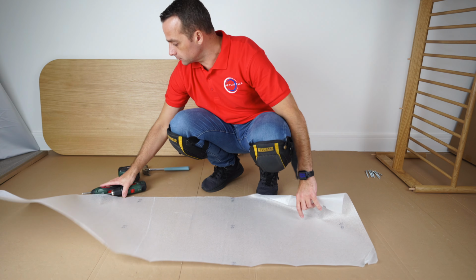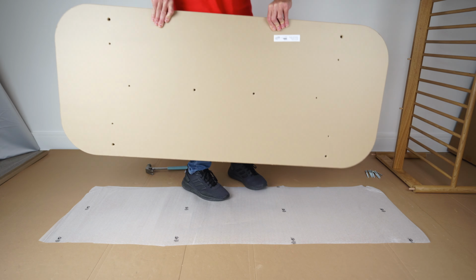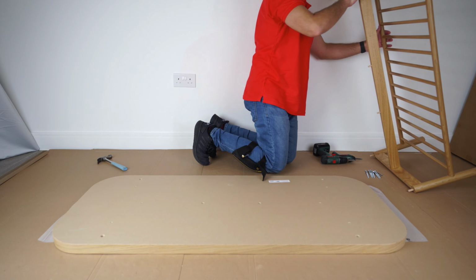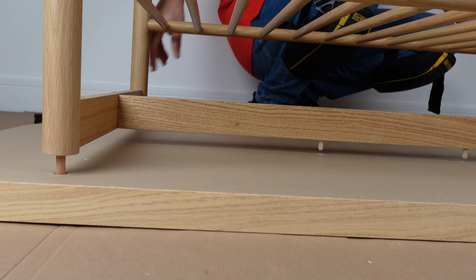Now even though I have a cardboard, I don't want to scratch the top in case there is small debris or anything on the floor. So I'm gonna put this piece at the bottom under the table, so the top is not gonna be scratched at any point. Now we can put the frame and find all the holes on the top panel and tap